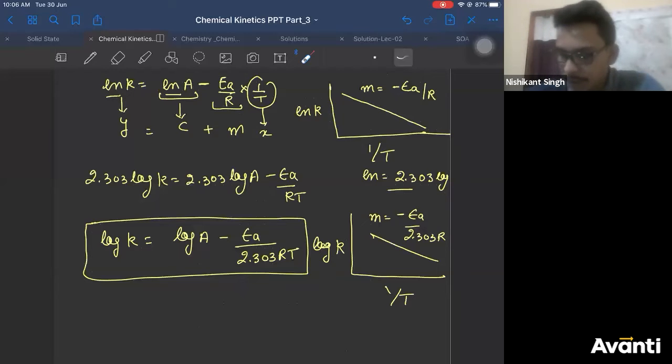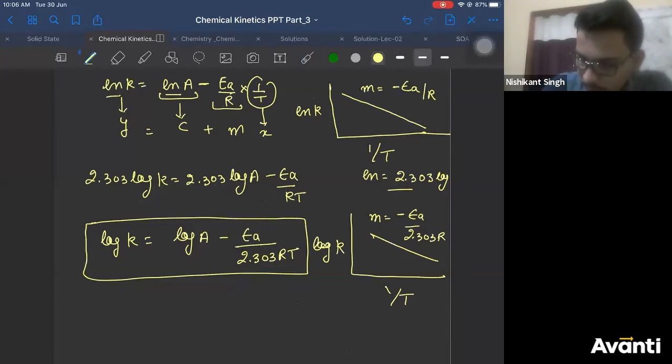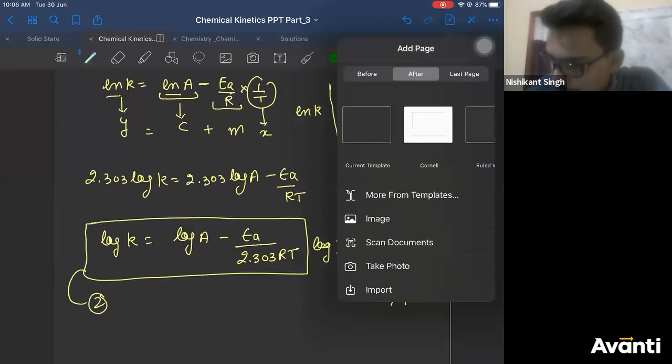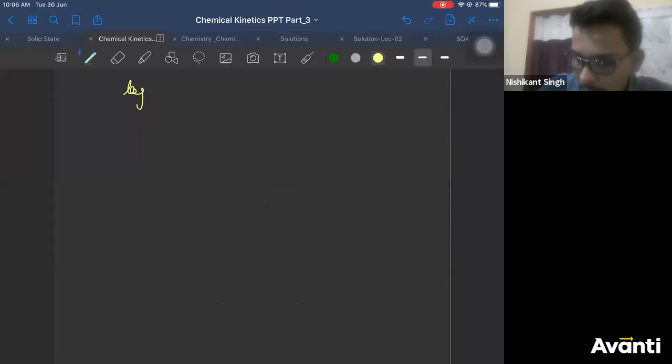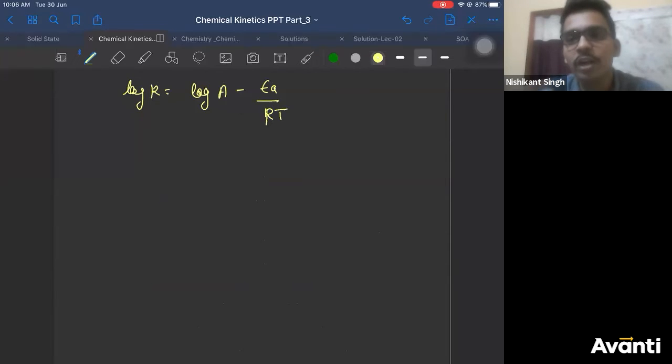Yeah. So this is your second equation, guys. So remember all these three equations, you get numericals only on these three equations. Now the third equation is very obvious. What you can do is write your log k as log A minus Ea by RT. We saw that if you increase the temperature by 10 Kelvin, you can get the rate of reaction double.